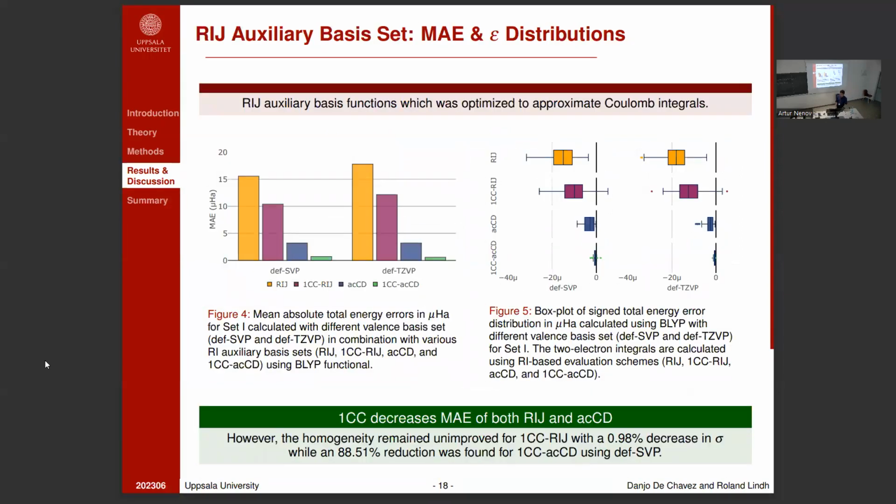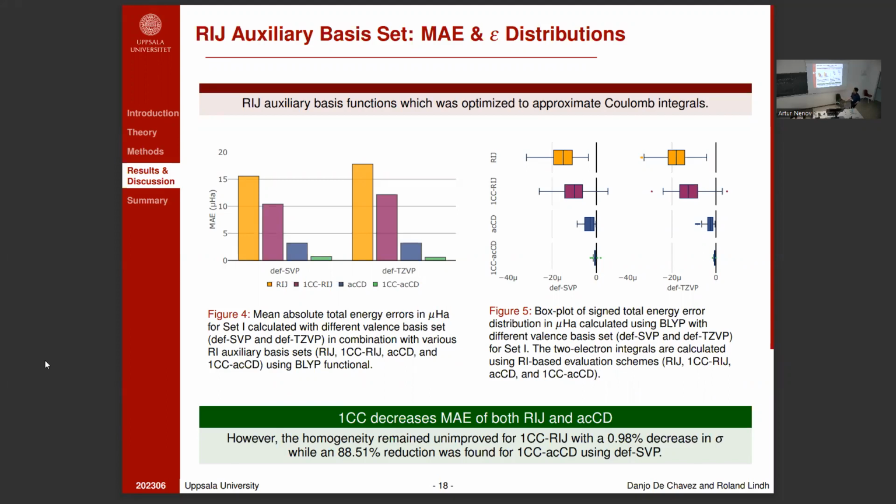Okay, so that is for the systematically derived basis set. Now I'd like to move on with the pre-optimized basis set. With a pre-optimized basis set, you are designing your auxiliary basis set with another valence basis set on hand. Normally for this, I'll be talking about the Karlsruhe basis sets, which they optimized for the def2-SVP and def2-TZVP basis sets.